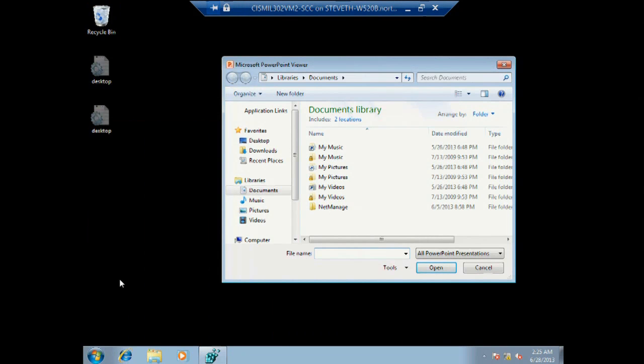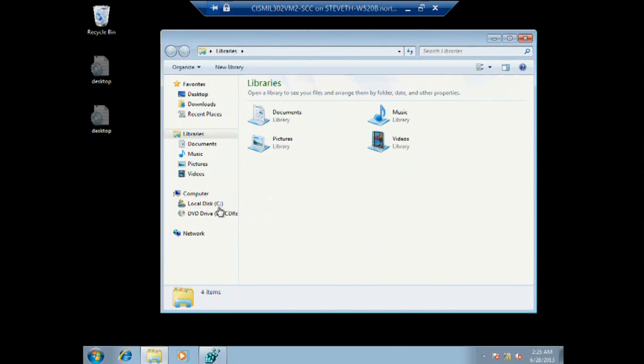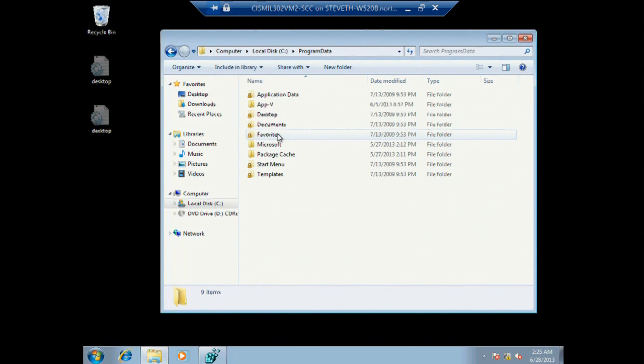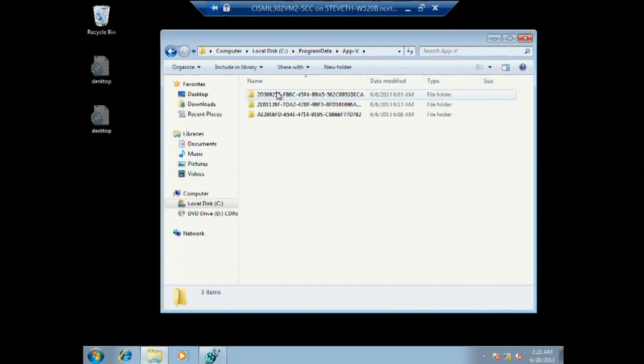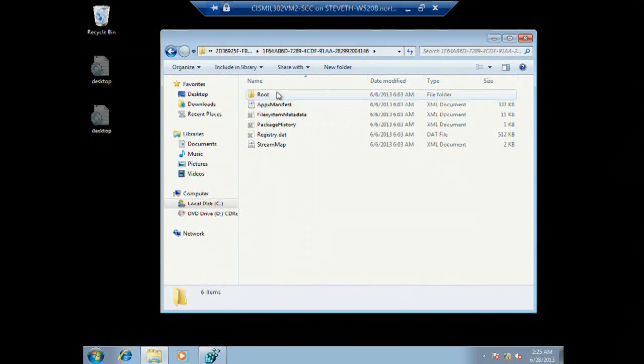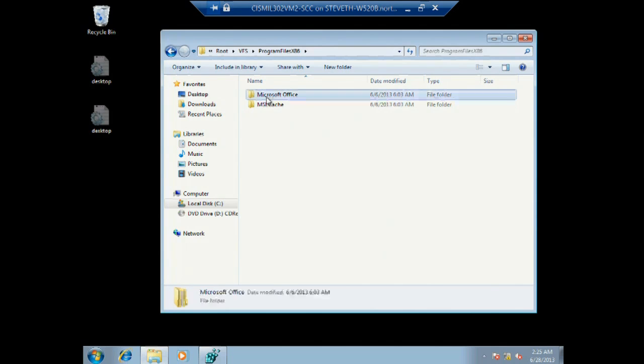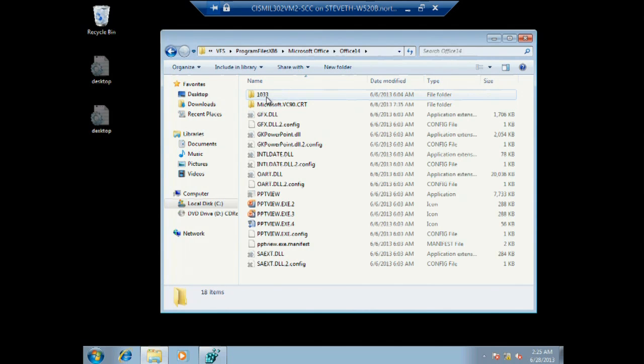PowerPoint is launched, but as we will go see, PowerPoint is only partially there. What you're going to see in here is nothing but a set of what we call sparse files.